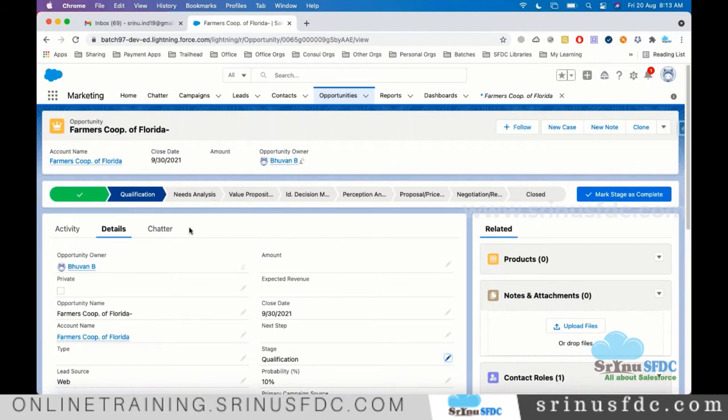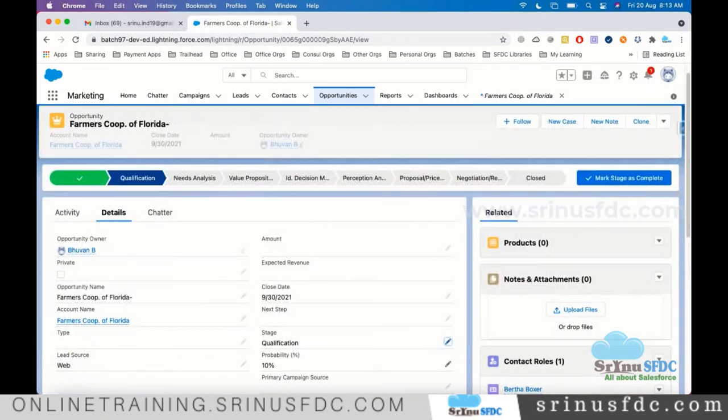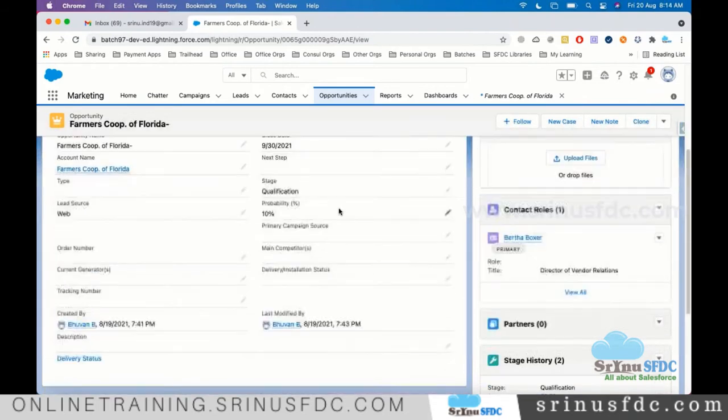Opportunity is like selling, right? So here technically this path we call the sales path. Okay. In the sales path, based on the stage, whatever we are changing, it will mark that, so that when the sales rep sees this opportunity, they can quickly identify the progress of this opportunity. So that's the purpose of this.